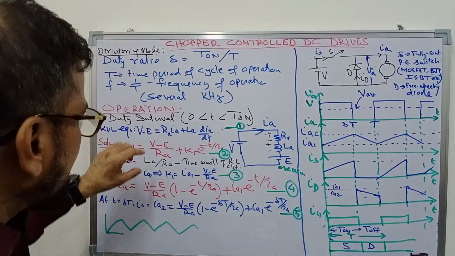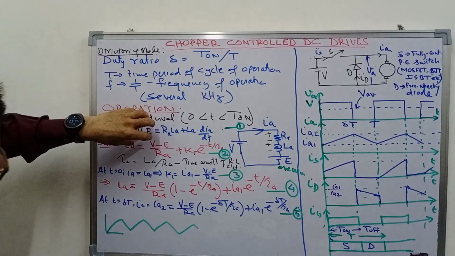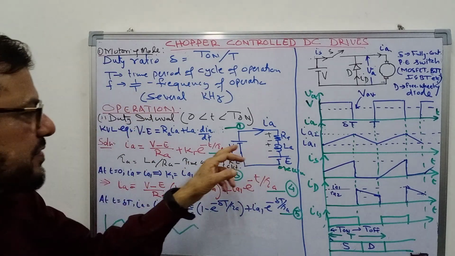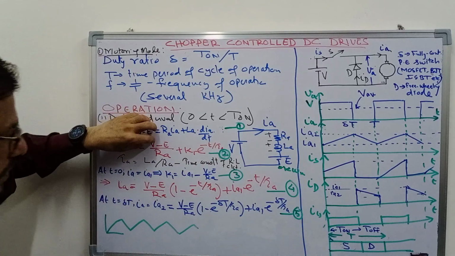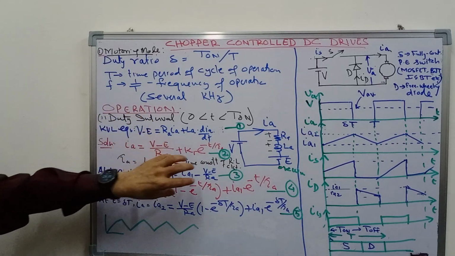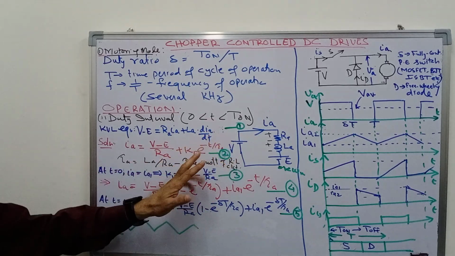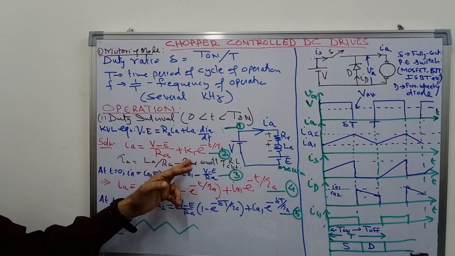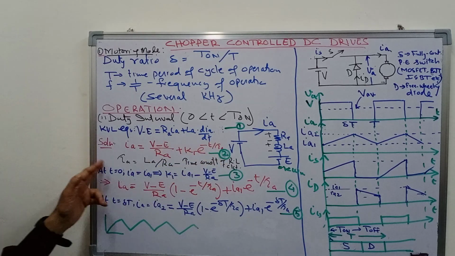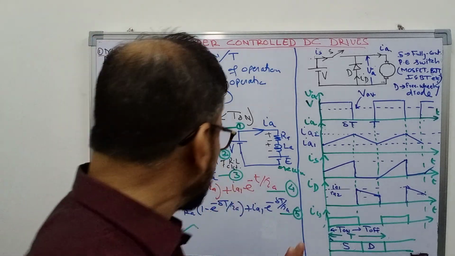So here it is the voltage. You can say that this is the voltage source of magnitude V minus E, so you can combine these two sources together. So it will be V minus E divided by R A, that will be the steady state current, and this is the transient current having the term some constant K1 e to the power minus t upon tau a. So this equation you can call equation number 2.